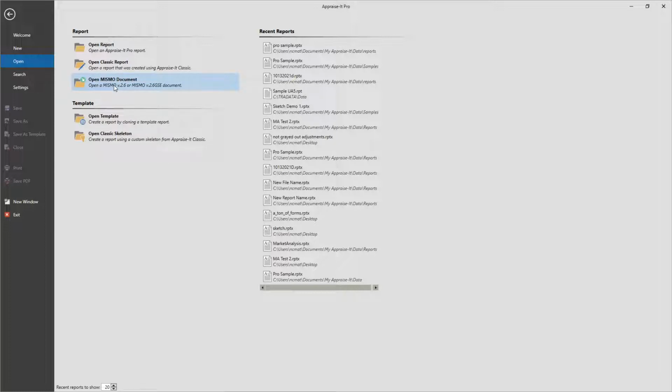Opening a MSMO document can be useful if you are coming over from another software and you had been archiving your MSMO XML documents when you sent them. You'd been archiving them somewhere. You can go in and browse and find one of those and open it up. It's also very useful for